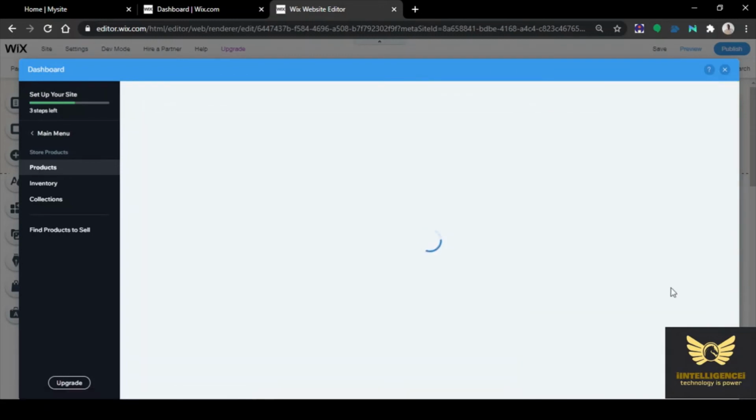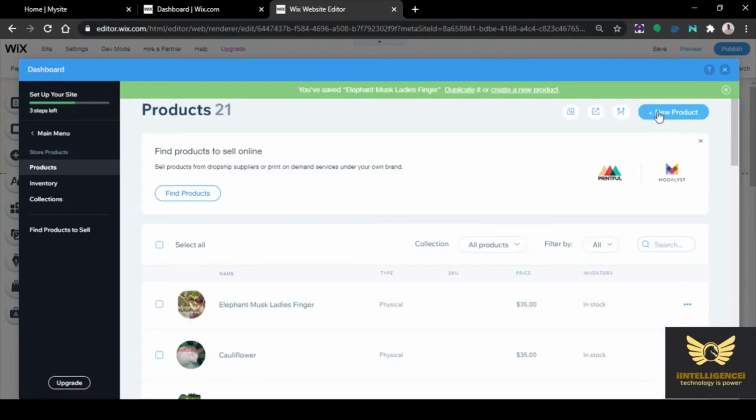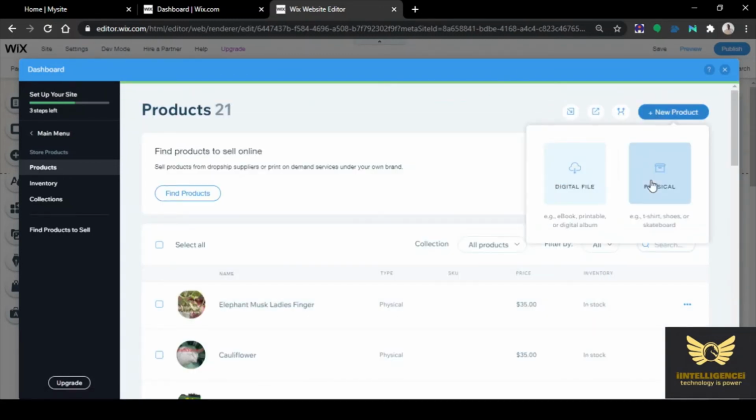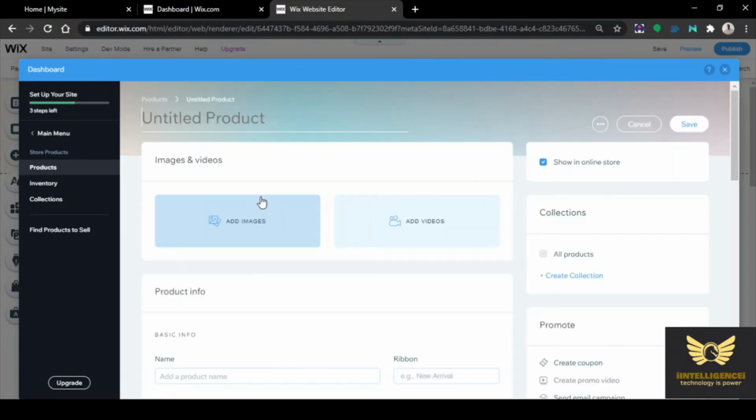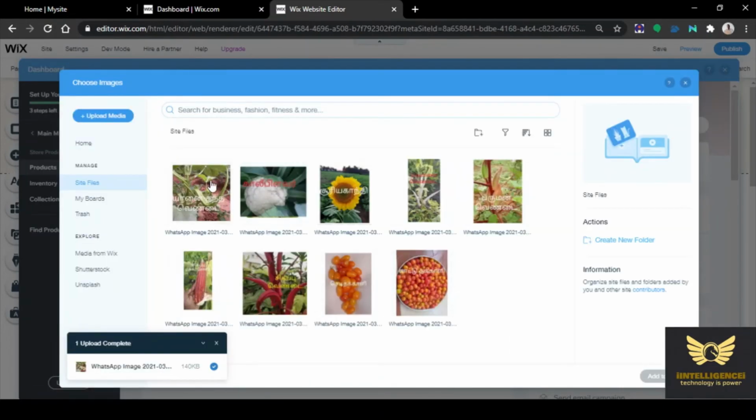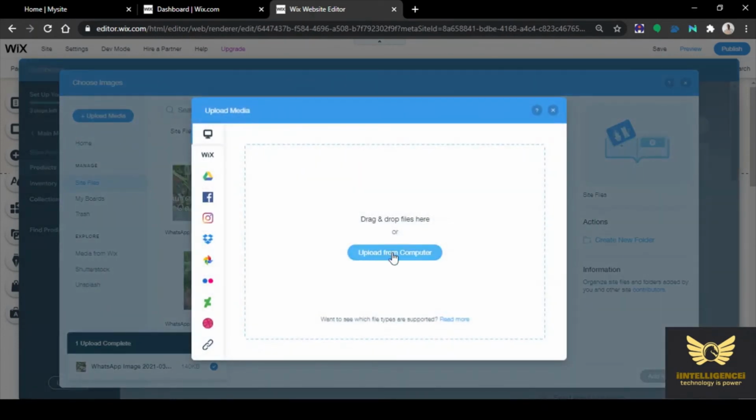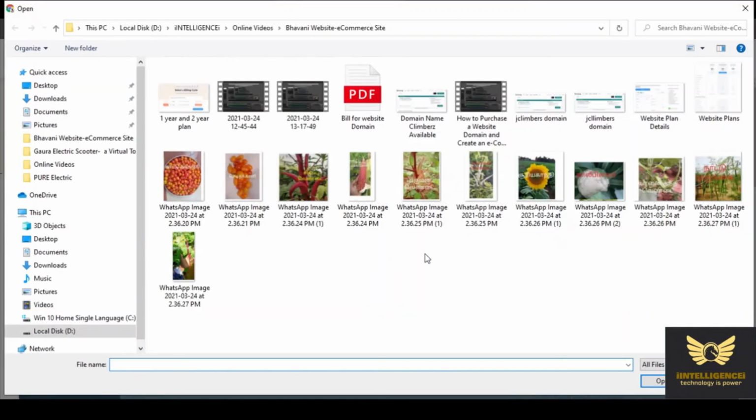So click save. New product. Add images. Upload from computer. WhatsApp image. Open.